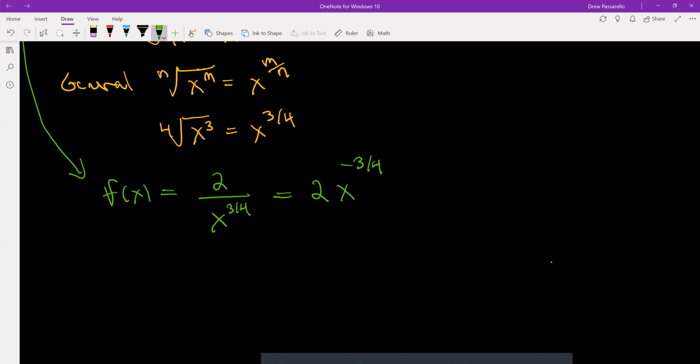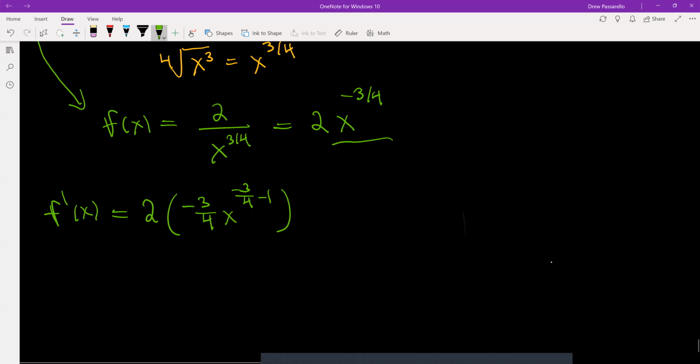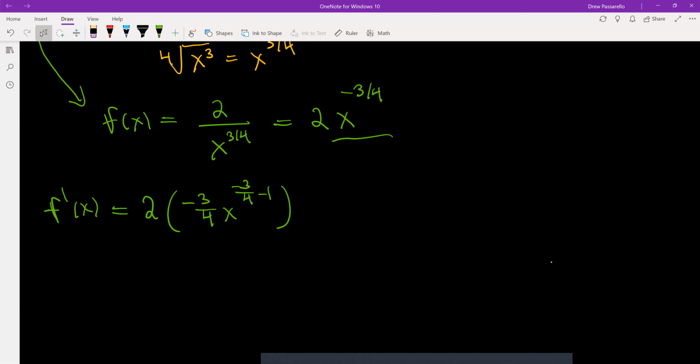Now for the power rule, f prime of x, I factor out the 2, and then focusing on the x to the negative 3/4, you drop down the exponent. This would be negative 3/4 times x to the negative 3/4, and then minus 1. All right, that's using the power rule. All right, so I just go about simplifying it. So f prime of x equals